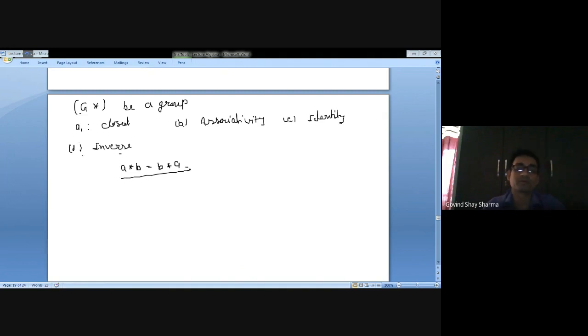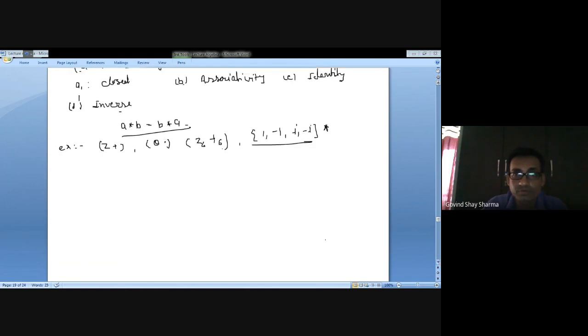Now the examples I told you: Z plus, Q dot, Z6 plus 6 (addition mod 6). These are some examples, and there is one more example that I want to solve today. This is also a very important one. Okay, so today we prove with this question: